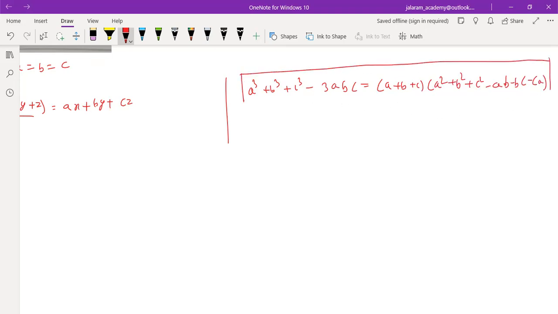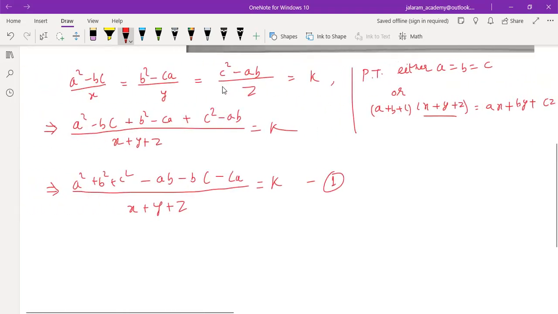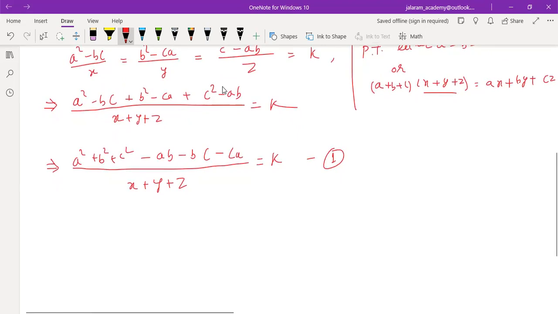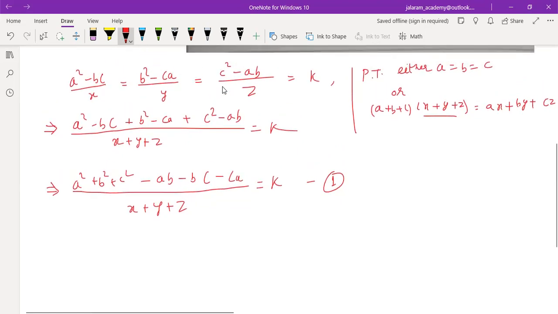So write this formula in your notebook and learn it, everyone. This formula is very useful and is used in many questions, not only in ratio and proportion, but in other parts, other sections of maths also. Learn all the formulas of algebra. They will be used not only in algebra, but in trigonometry, in matrices, in determinants, etc. So learn all the formulas. This is the key to success in mathematics: learn all the formulas first of all. Only then can you understand the method which should be used to solve a question.